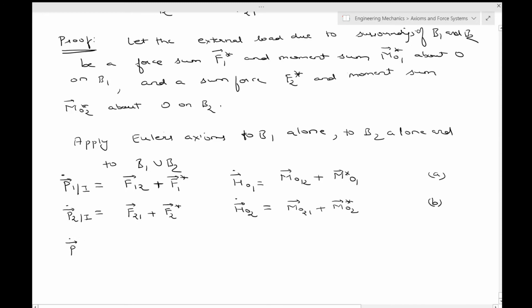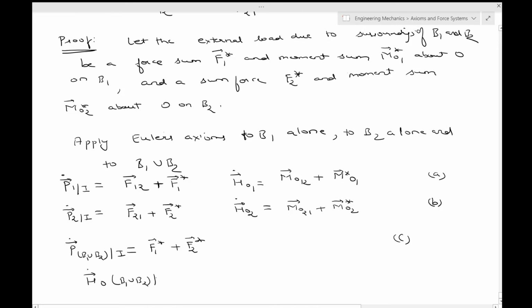Now what is the, let's see, P of P1 plus P2 in the I frame. So what is the external forces? It is only the external forces because of the environment. So the forces due to the surroundings is F1 star plus F2 star. Okay, so individual forces now will not be counted over here, because you are seeing B1 and B2 as one system over which you are applying the Euler's axiom. So this is C, and the second Euler's axiom would be H dot